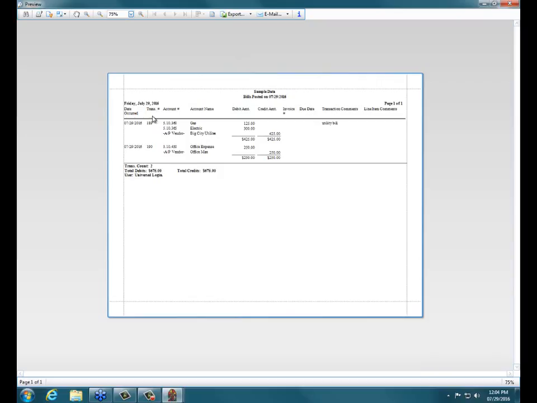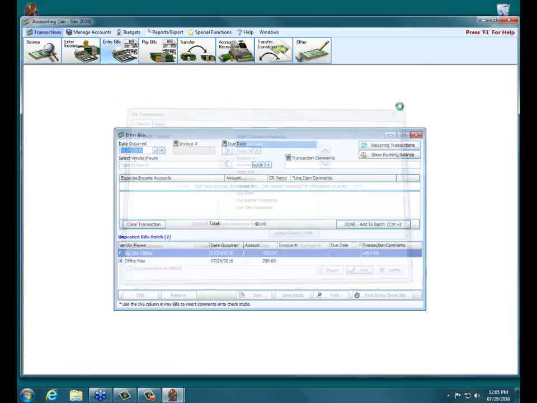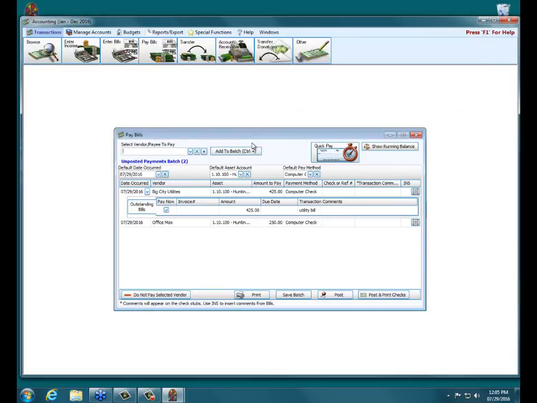It's up to you if you want to print this or not, but it'll show you the detailed information about the bills you posted. So after you do that and close out of it, and close out of bill transactions, the pay bills screen will then open with the bills that you had created already opened up